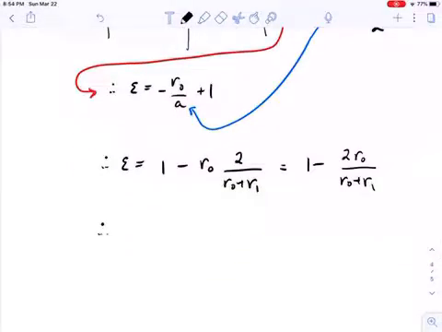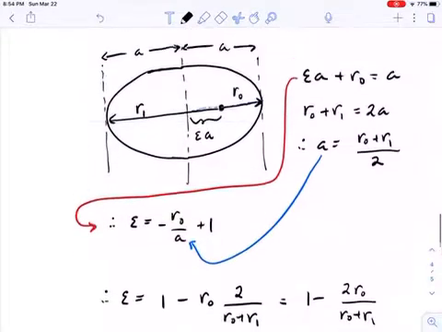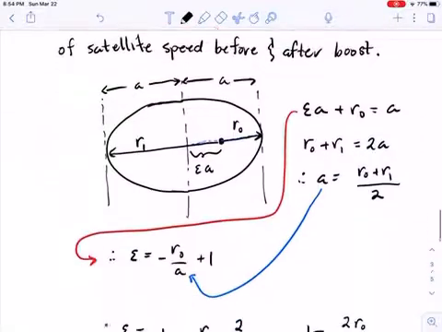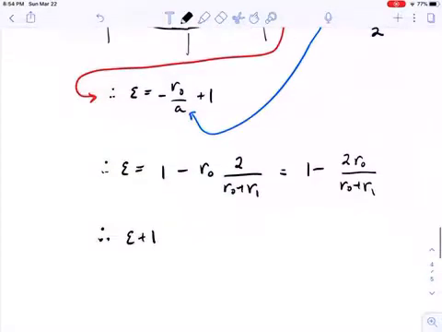Okay, what I want to calculate is epsilon plus 1. The reason I want to calculate epsilon plus 1 is because then we could relate it to the speeds before and after the boost. Okay, so epsilon plus 1 is just going to be equal to 2 minus 2R0 over